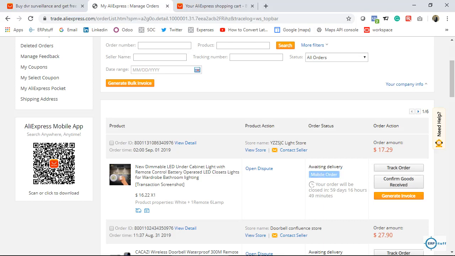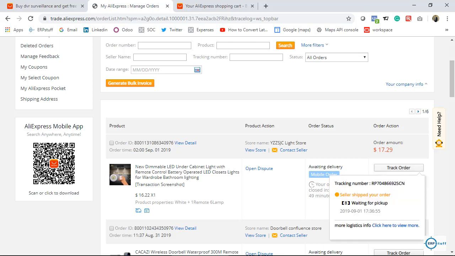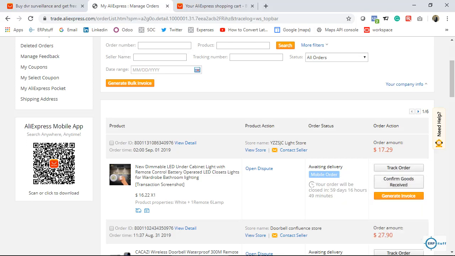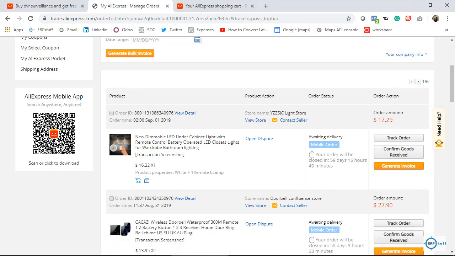I booked this using my mobile phone. So, it is showing mobile order. Okay. If you see here, we have option of track order, confirm goods. So, once I will receive the goods, I will click this one and will confirm the products receipt. Okay. Now, if I click here,